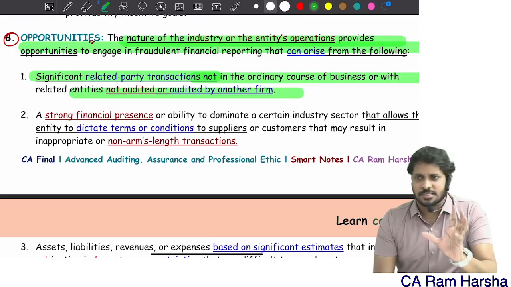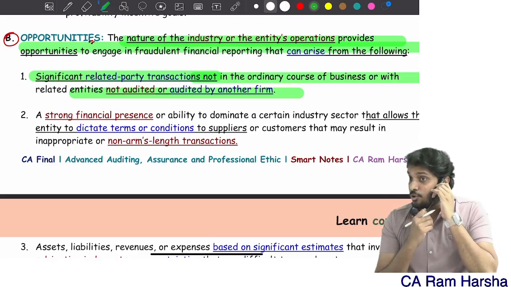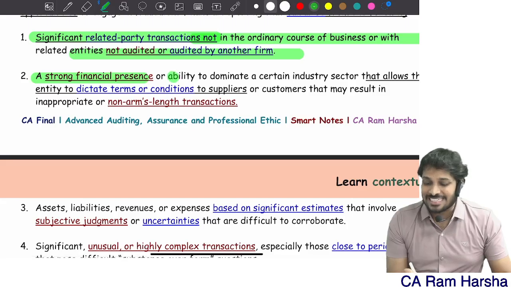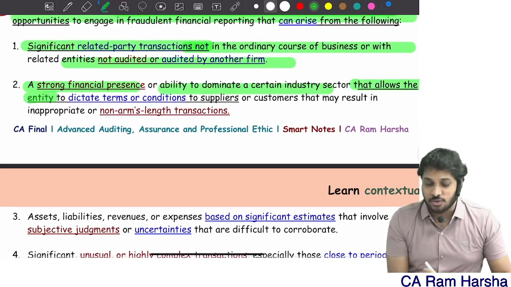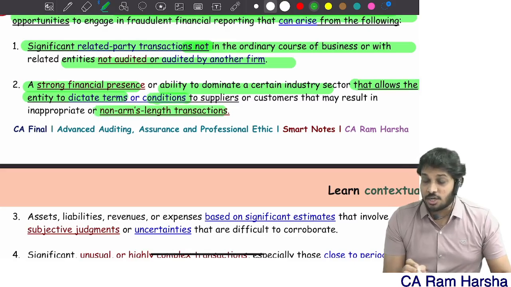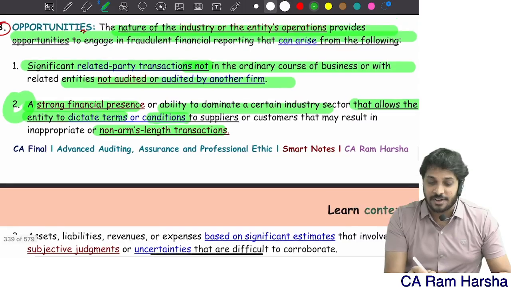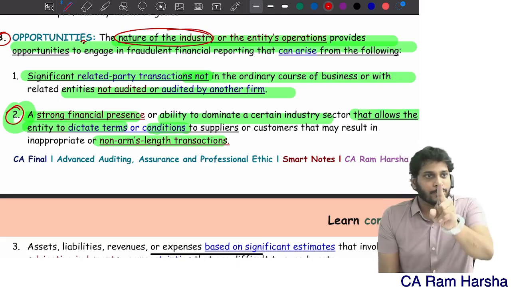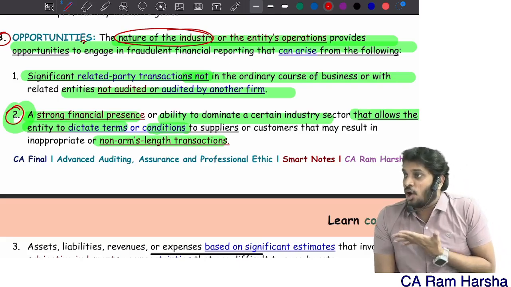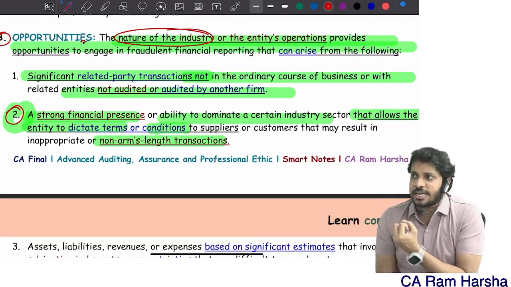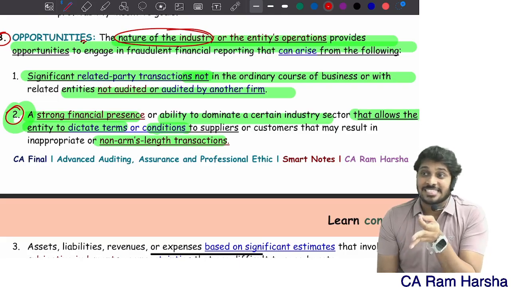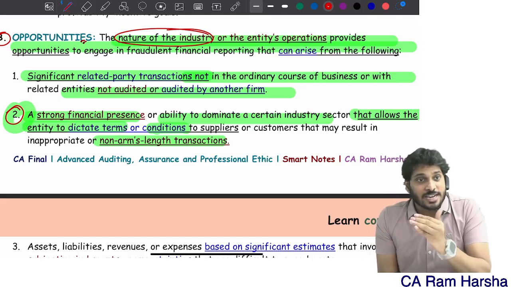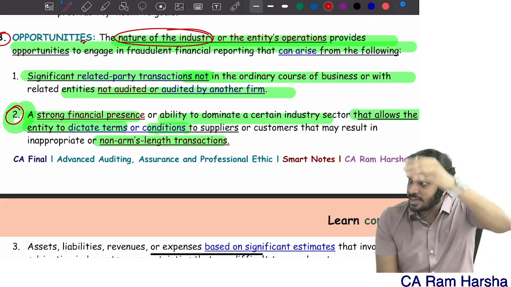So in all these cases, related party transactions are one of the most possible opportunities where fraud can be committed. Strong financial presence, the ability to dominate a certain industry, allows the entity to dictate terms and conditions, non-arm's length transactions. This is an industry factor. Nature of industry is providing opportunities for you to do certain frauds. For example, I'm a monopoly or oligopoly, only a few sellers. We can all unite and decide the arm's length price. We can easily cheat tax authorities. By entering into transactions at non-arm's length prices, we can manipulate profits and pay